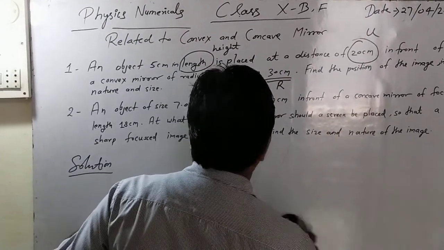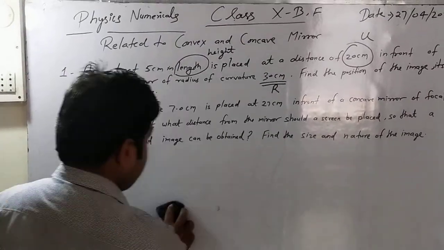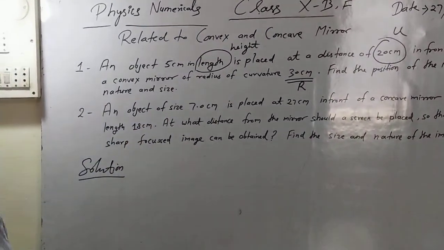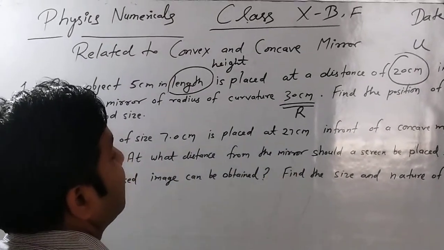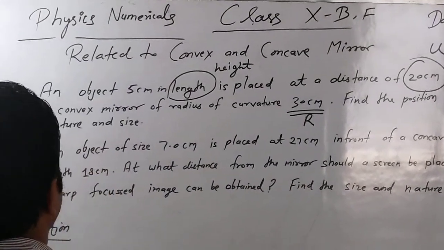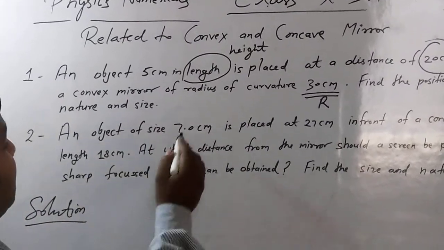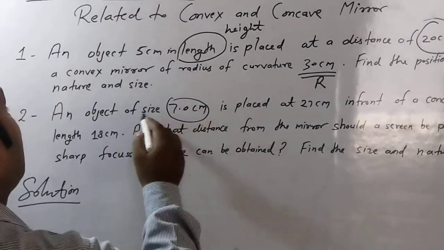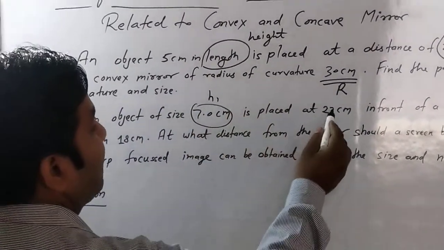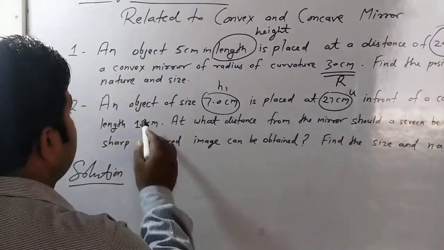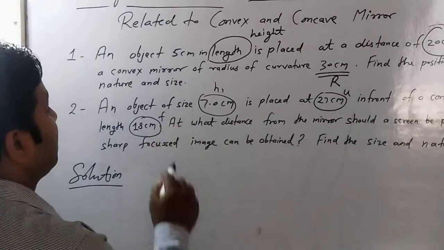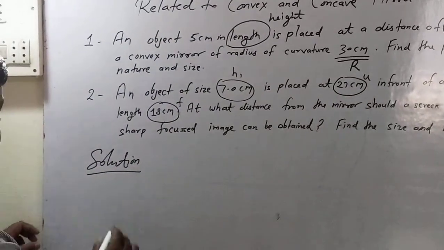Here in the second problem, what is given? Just see, an object of size 7 cm, size here h1, placed at 27 cm in front of a concave mirror of focal length 18 cm. This is what? Object height means h1, and this one is object distance u, and this is the focal length f. In case of a concave mirror, just like in this case,